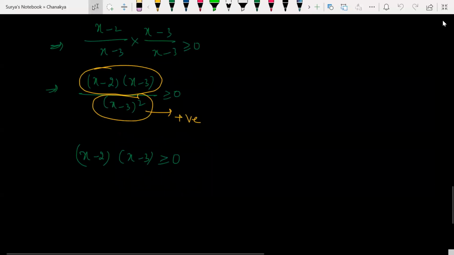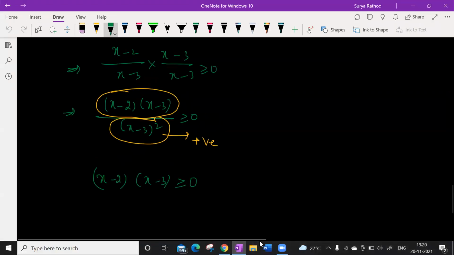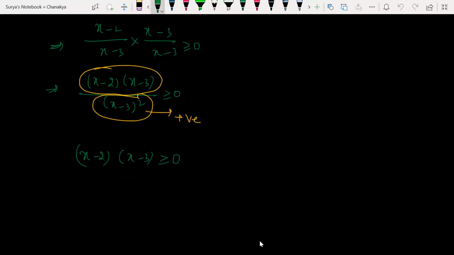Yes, Abhinay, can you hear my voice now? Look at this here. The square of any real number is going to be positive, so I need not worry much about the denominator part. Let's have a look at the numerator part. The numerator part is going to be greater than or equal to 0. All powers are odd here, and the coefficient of x square is positive here, so I could apply the wavy curve method.